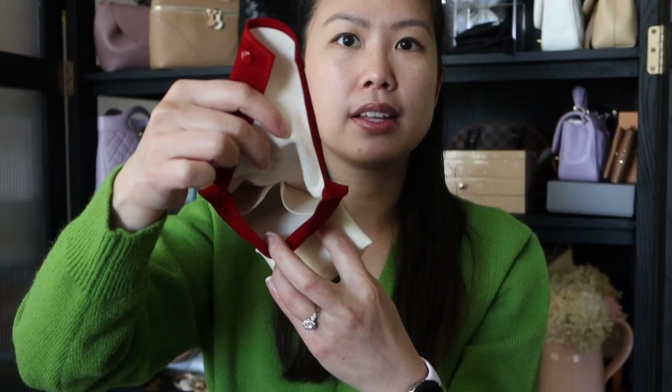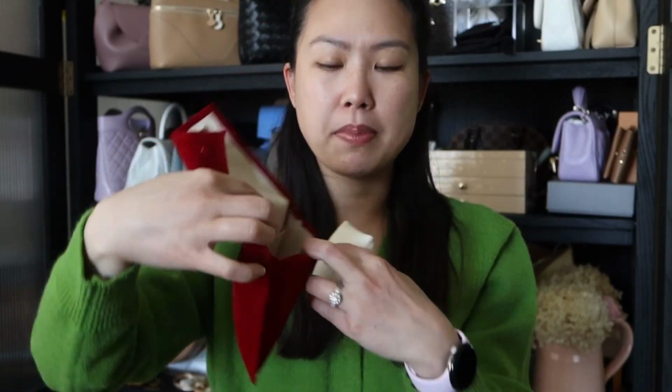So there are 2 little slip pockets, and then there's a main pocket. So I guess you can put other things in here. I don't know what you would put. I guess if I wanted to, I could put my earrings in there, but I don't want to damage anything by stuffing it too full. So if you do own a Cartier watch or a Cartier jewelry piece, let me know how you store your